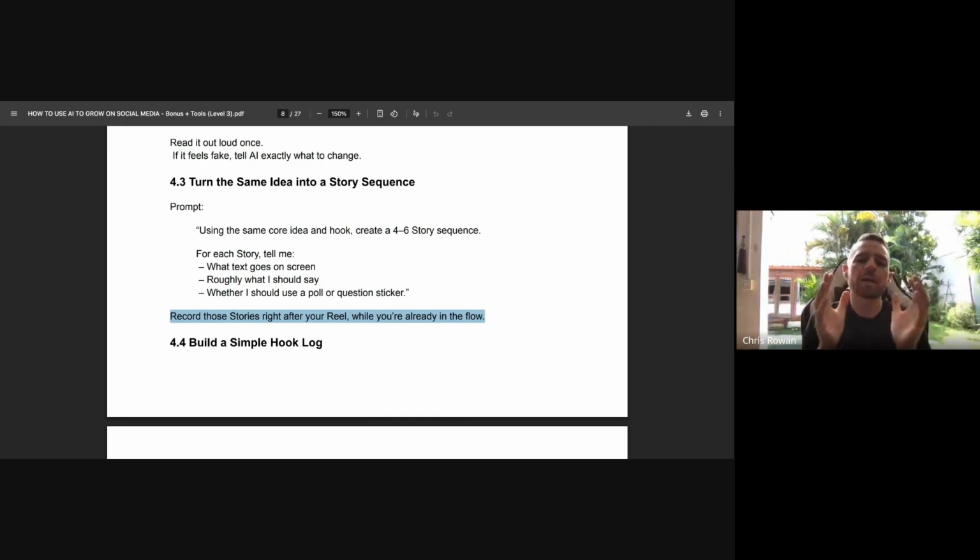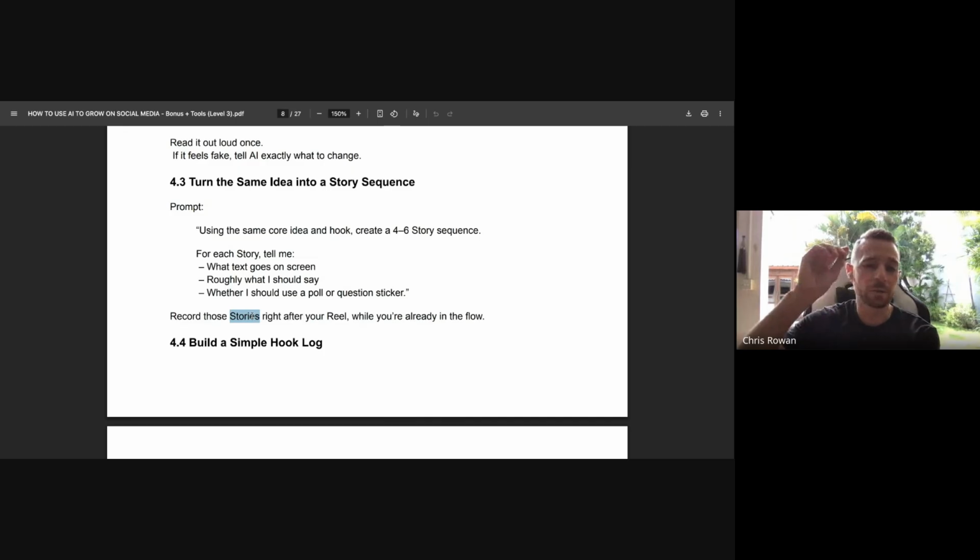So always try to piece your content together. It makes it so much easier when you're doing it, because you're cold when you start. You have to warm up a little bit, and the first couple of reels and stories aren't good. You stutter, you make mistakes. So when you're doing your content, if you've got a reel and then you've got a story as well that is on the same topic, it's going to be so much easier to produce that story, and you're going to get a lot more of a flow. It's going to look more natural. So make sure you always record your content together when possible.